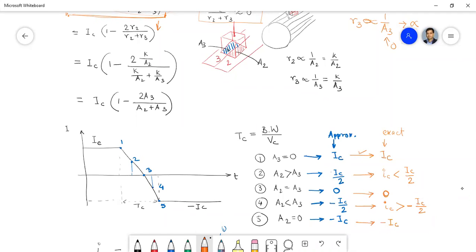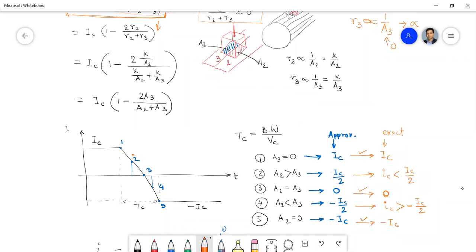So the only change is in instant 2 and instant 4. What is the change? The IC is less. So that means at this instant the IC value will be less. And here the IC will be,